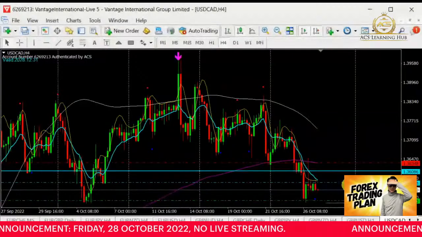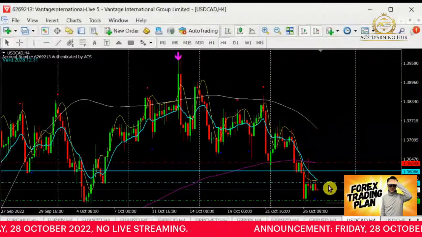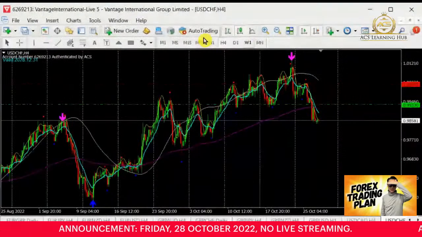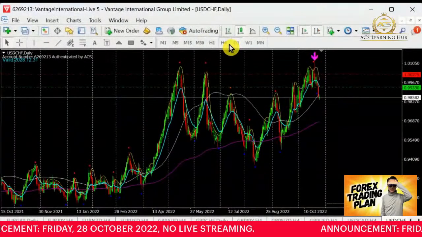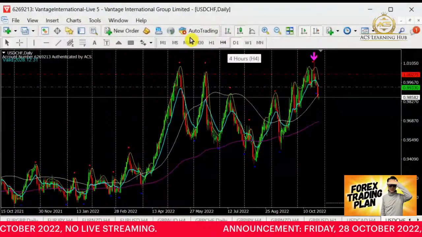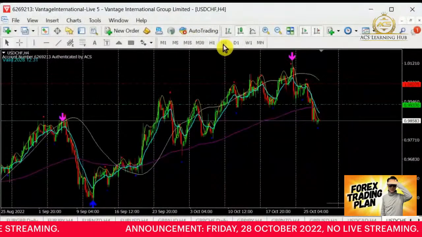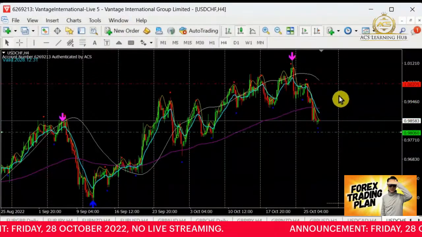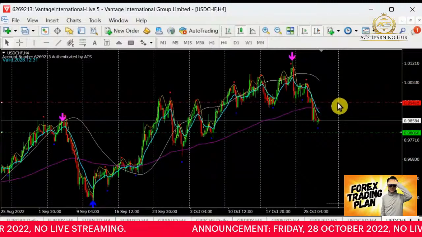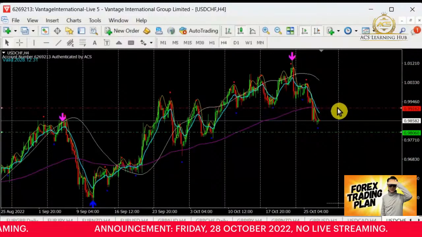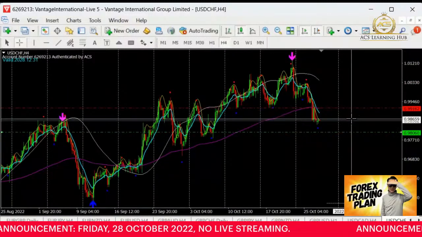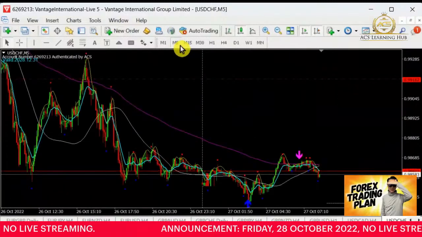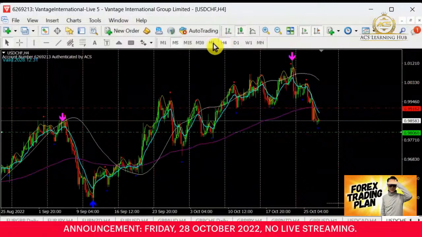How about the dollar franc? Let's take a look at dollar franc. Dollar franc today is also in selling mode. We are actually still in the bull, but it has come into a bear selling zone. When it comes to the bear selling zone, I'm going to do a different thing, switch over. For dollar franc, we still have about 45 to 50 pips to go.